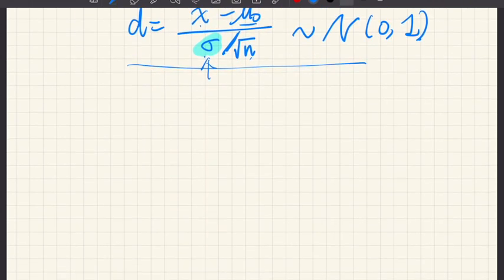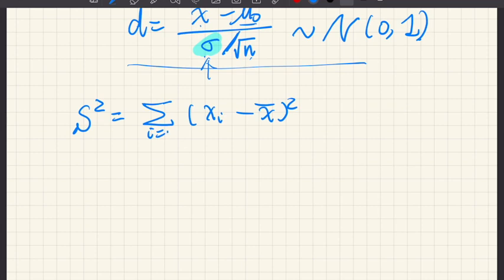And one way to do it is to introduce the T statistic. Remember? So if we define the sum of square deviation from the sample mean,